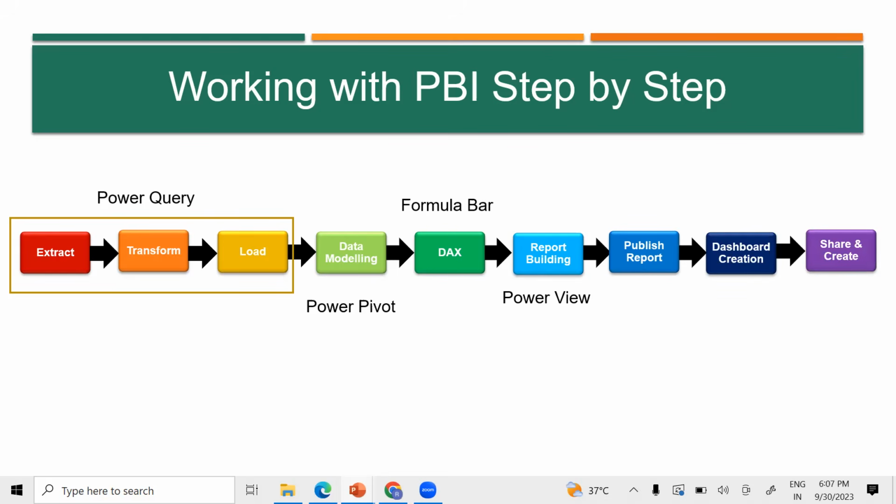You can share it to the company for which you are working, or if you're supposed to send it to your co-workers, this is the process. Okay. So here I want to tell you that the last three steps, publishing the report, dashboard creation, and sharing,